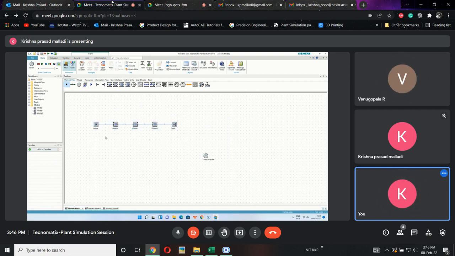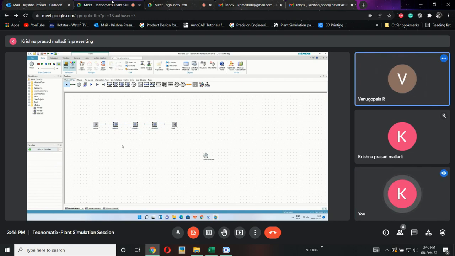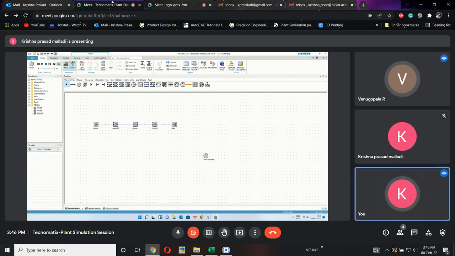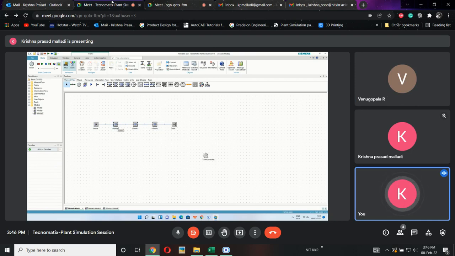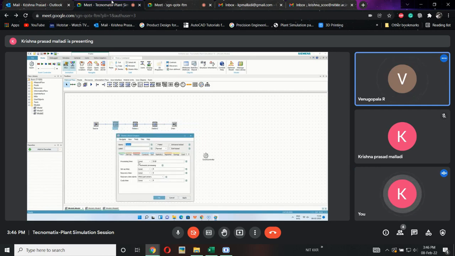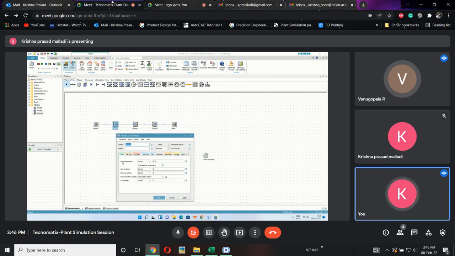Next, here we have considered a common processing time, which is nothing but the working time of a machine. See here, this machine's processing time is defined. If you want to change it, double click on the station, and in the Times tab there is the processing time.